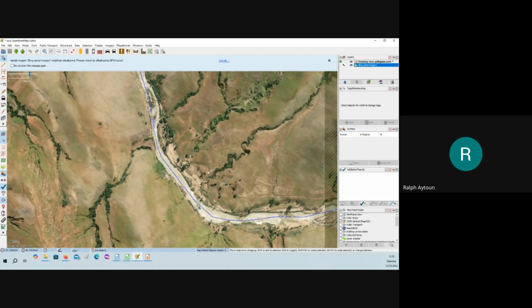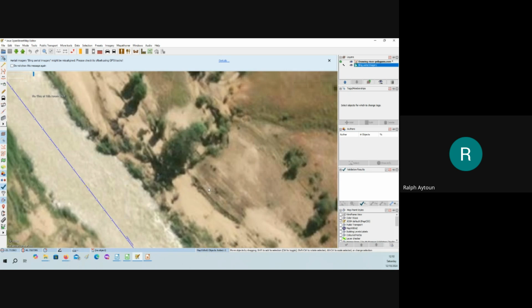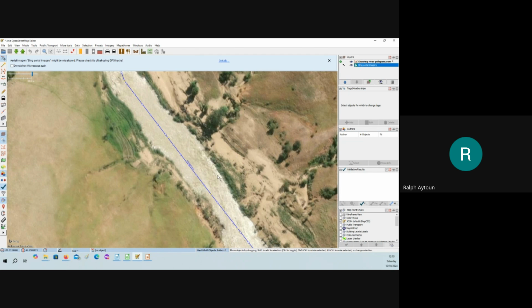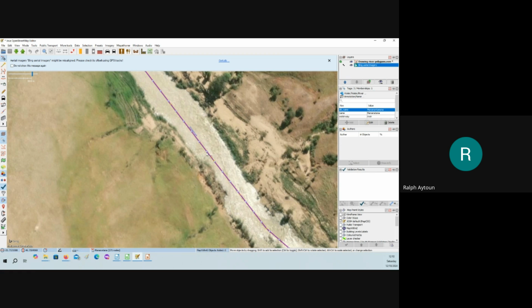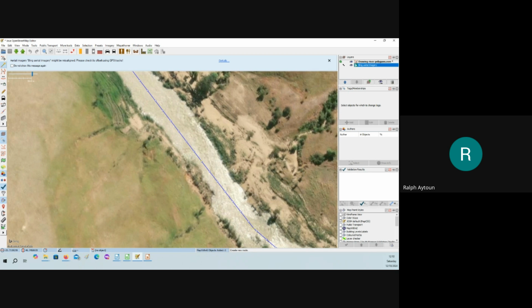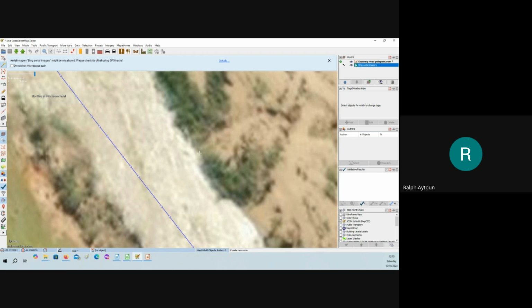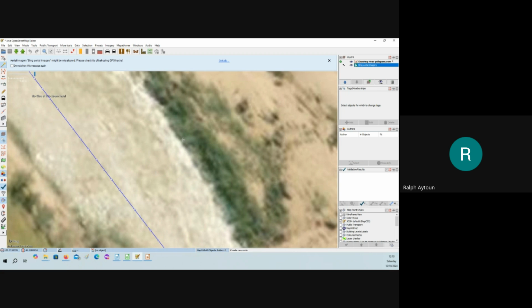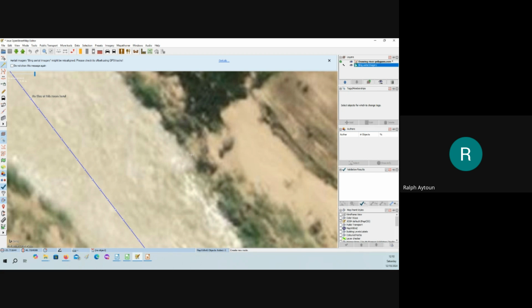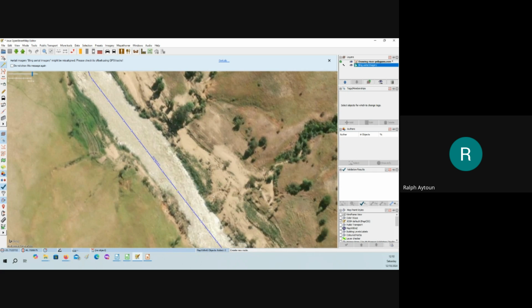Now, when we start to do this, in a waterway like this, you use your line tool. You've got your channel down the center, and you use your line tool along the riverbanks. I can see here that I can see land, and then shrubs, and then land, and then shrubs, and land again, and land again. This gives me some idea of the water bank.